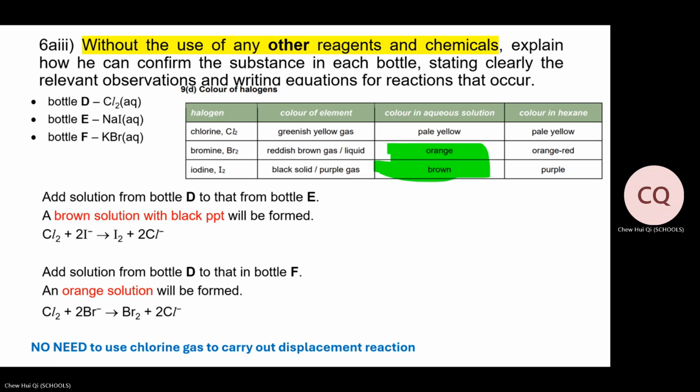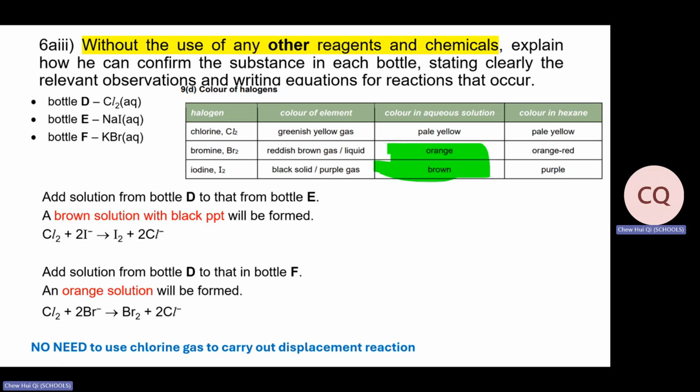And I am also amazed that you do not bother to use your dear data booklet, which I have print screened and put on the slide. Can you see for yourself? Aqueous solution, bromine is brown. It's not, sorry, bromine is orange. I2 is brown in aqueous solution. I highlighted in green for you. So if you cannot memorize well or your brain is not very alert on a day, right? If you have the data booklet, please use the data booklet, okay? So